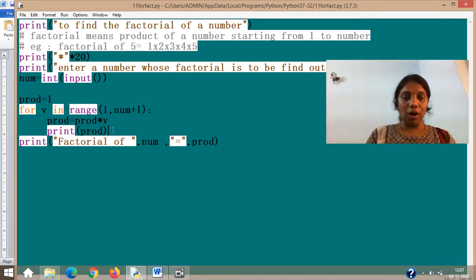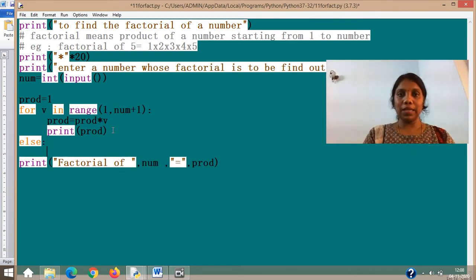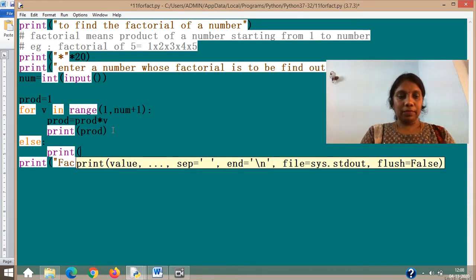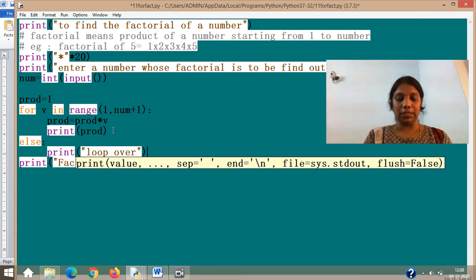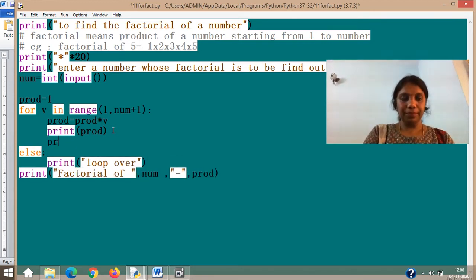If I want, I can show you one more thing here, which will be coming in the next program also, but I'm just showing you here. If I write an else here, just like I use if else, I can say loop over, so we will know when this gets printed.